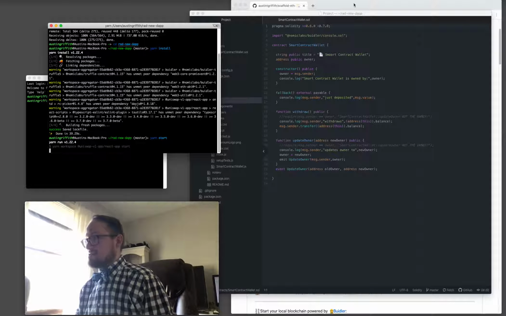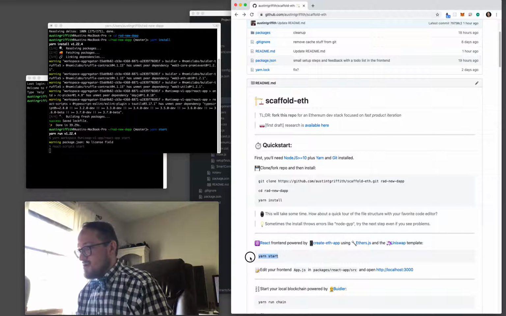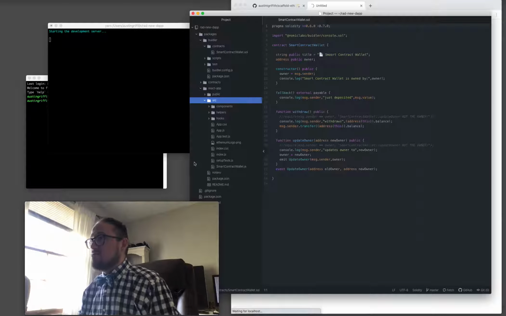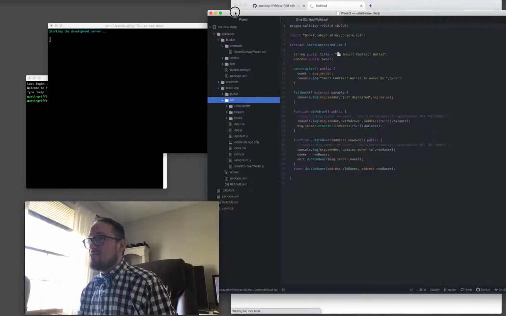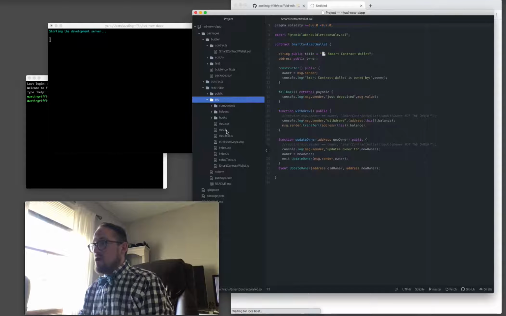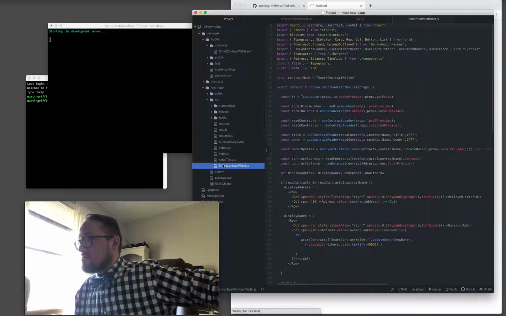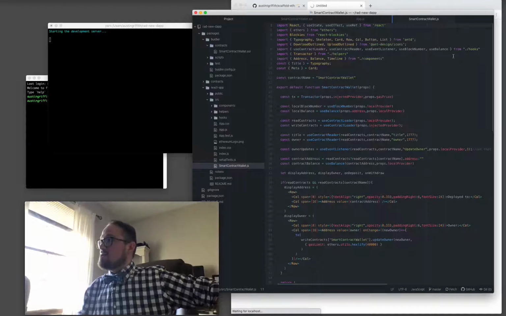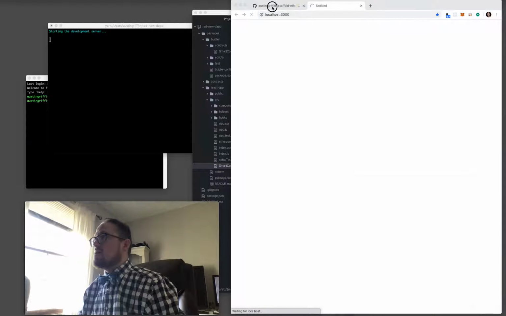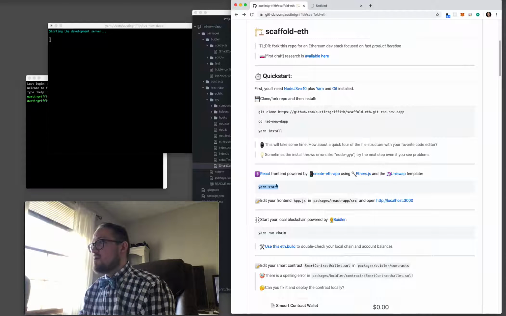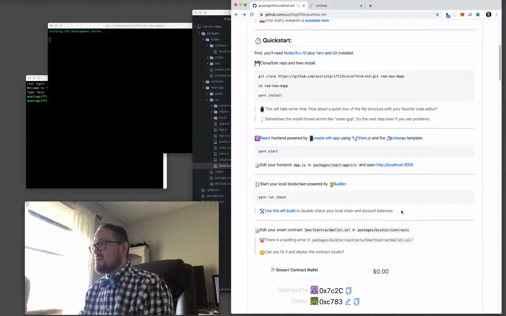So that's the next thing on the list, is to do a yarn start, and that's going to bring up our React development server, and that is powered by this App.js here, and also this SmartContractWallet.js here. Rad. Okay, so lots of links here if you want to go read more about how everything gets started, but